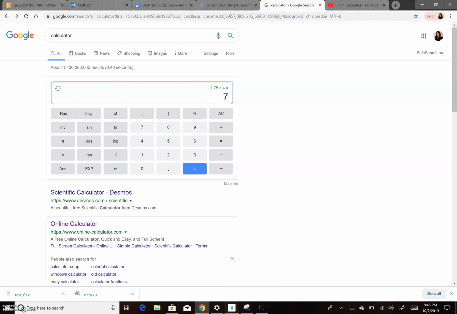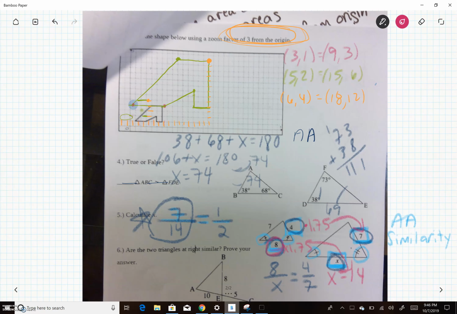You may not be able to fix your answer, but you should know when it is wrong. If you know that you got an answer that is wrong, I will help you find the right answer if you can at least prove to me that you know that it is incorrect. Okay, so never doubt that. So let's go back. So in this case, calculate x. X is equal to